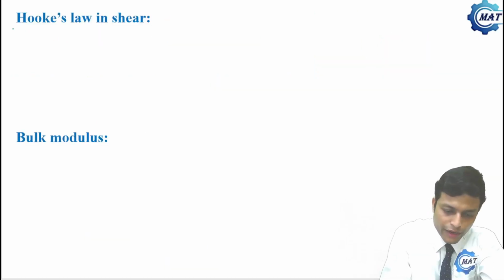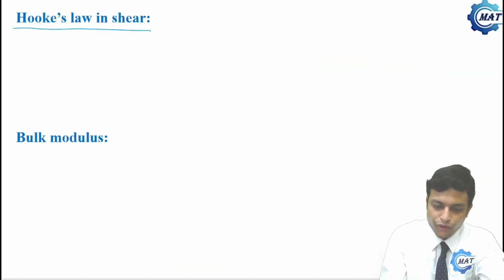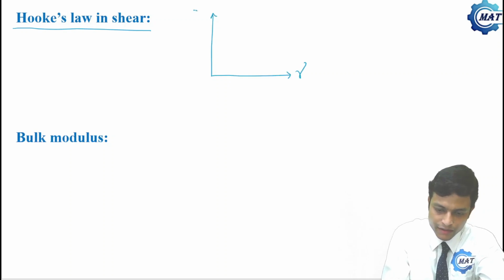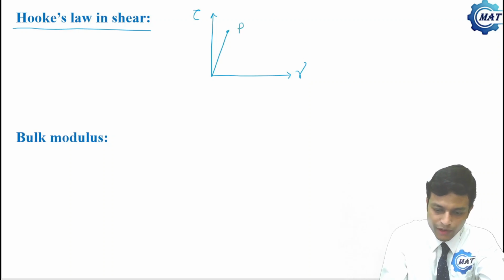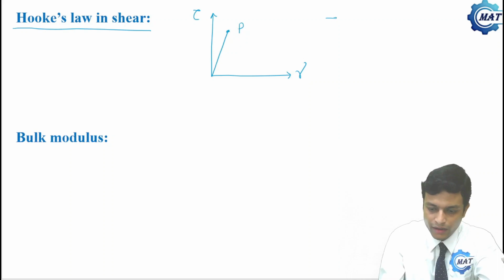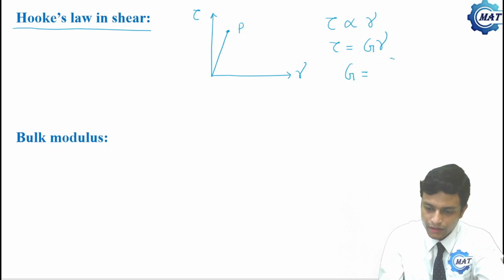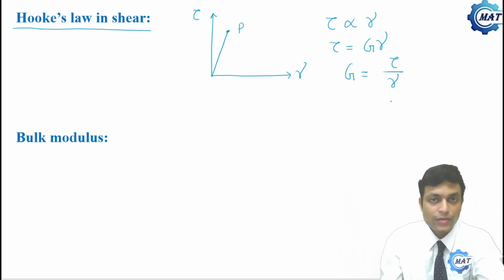What is Hooke's law in shear? If we draw the shear stress strain diagram, this is shear strain and this is shear stress. Like the normal stress strain diagram, the initial part is a straight line, and if this is the proportional limit P, then up to the proportional limit, shear stress is also proportional to shear strain. We will introduce one constant here, G, and G is tau by gamma, shear stress by shear strain,